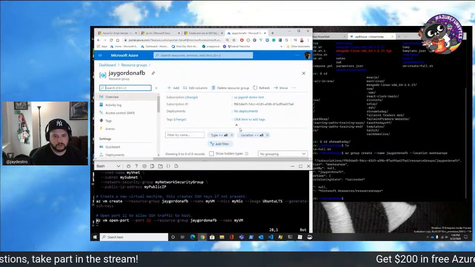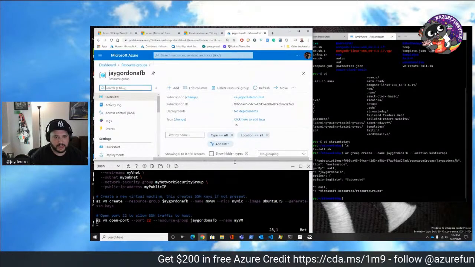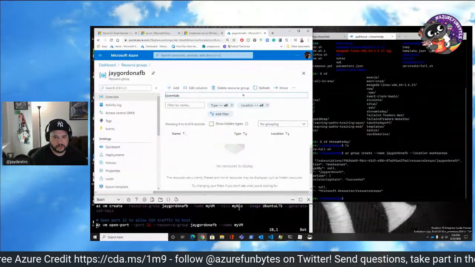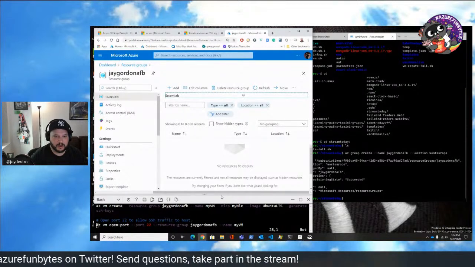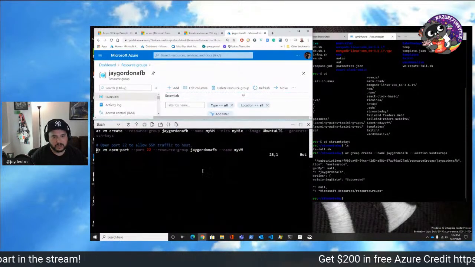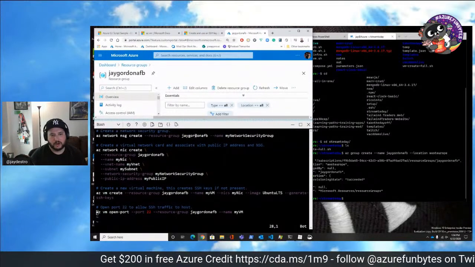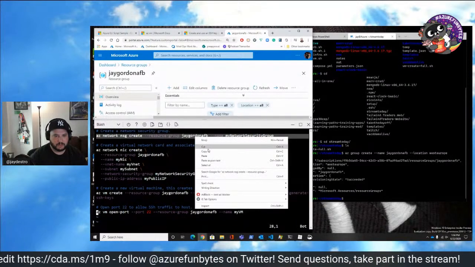So within my resource group, I haven't created anything yet. So now I want to. I'm just going to make this a little bit more visible. There's no resources. So I want to create my first resource. It's a network. I don't have to create the network in here, because if I want to replicate this quickly, I may just want to do it via CLI, whatever. So I can just copy this instruction, and let's talk about what I'm going to do.